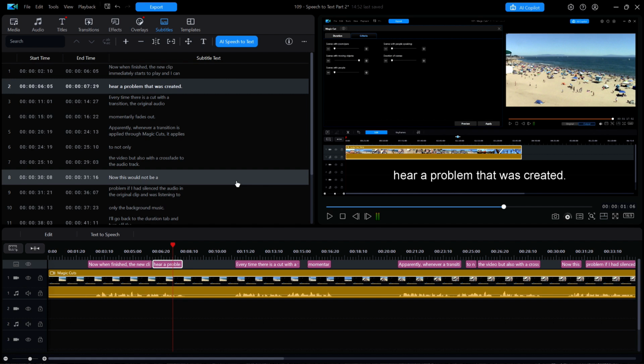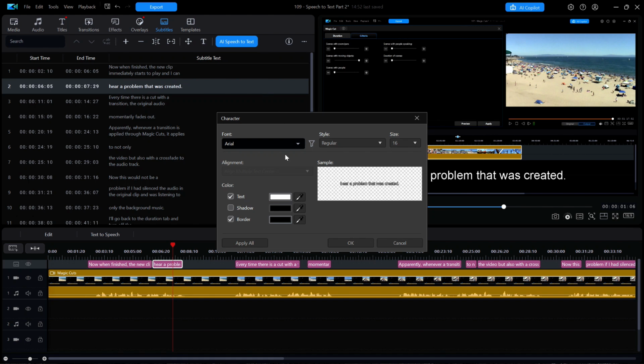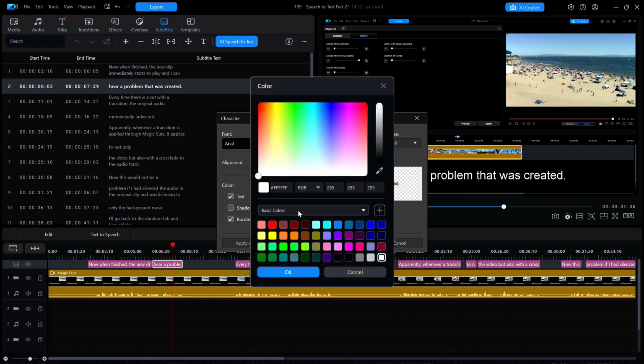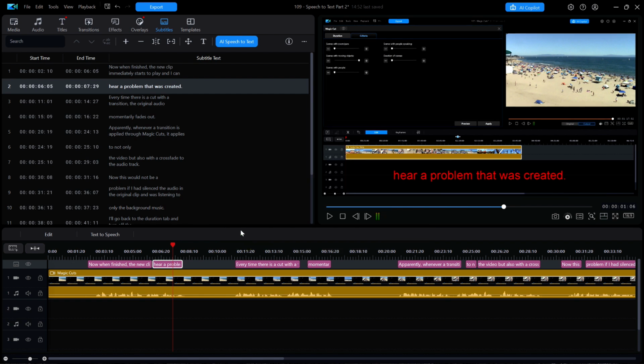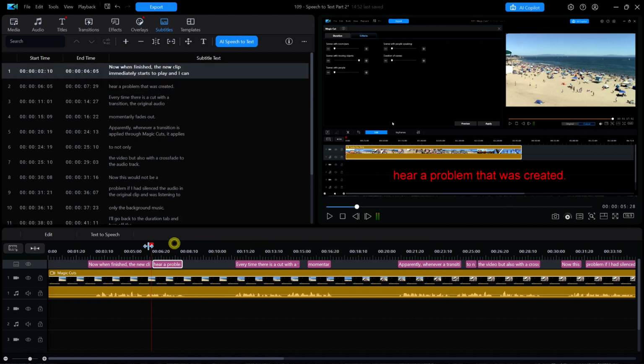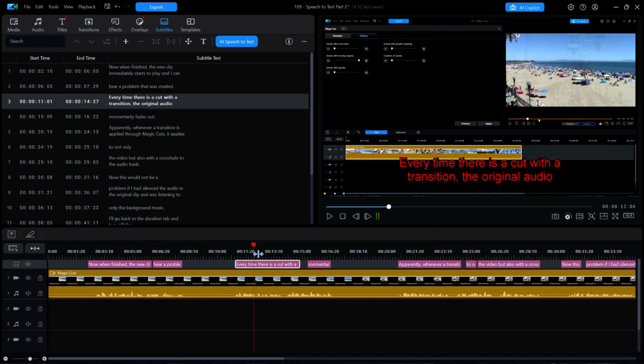I'll make one other change by clicking on the T, which will allow me to change some of the font characteristics. I'll click on the font color, and I'm going to change it to a red color. Then I'm going to click on Apply to All. Now there are some other minor problems with the grammar of the text, but let's assume that I accept it